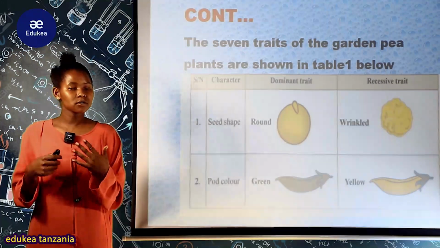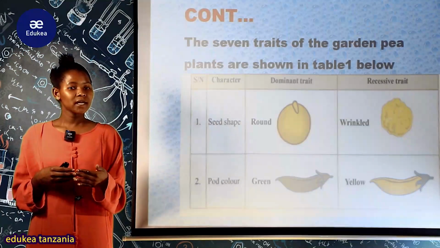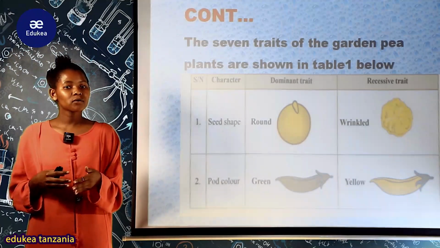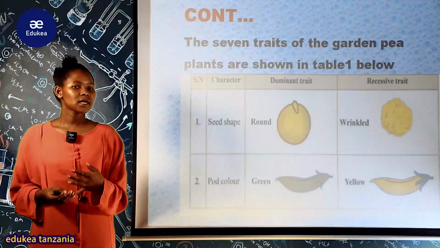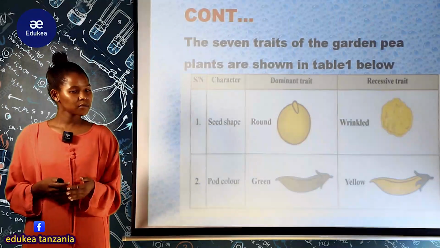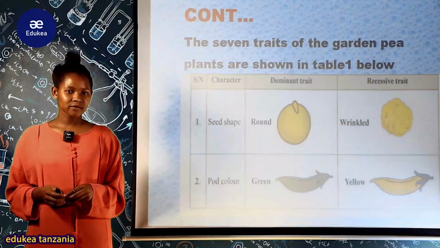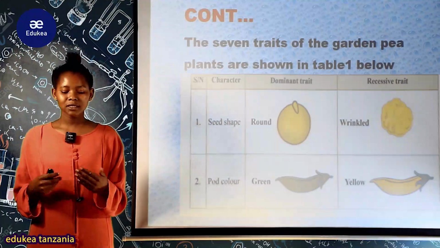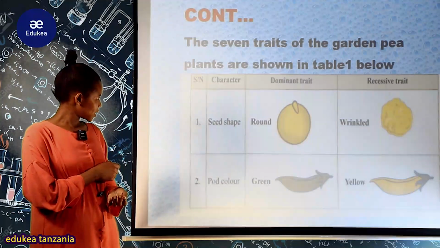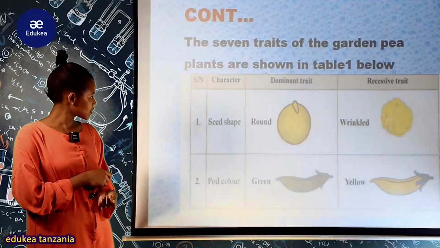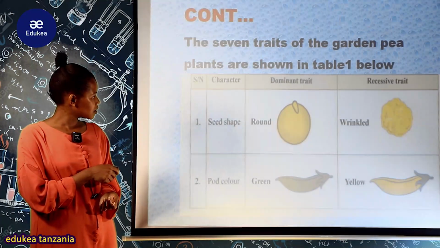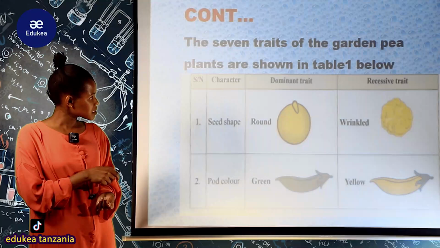As we talk, tumesema kwamba Mendel alitumia hizo 7 characters ama traits kwa ajili ya kusaidia kugundua which one are dominant and which are recessive. Na nao tutaangalia sifa ambazo alitumia, dominant yake na recessive yake. I think nikisema dominant na recessive naeleweka vizuri. Tukiangalia na kuanza na character ya kwanza ambayo ni seed shape, dominant ilikuwa ni round shape, lakini recessive yake ilikuwa